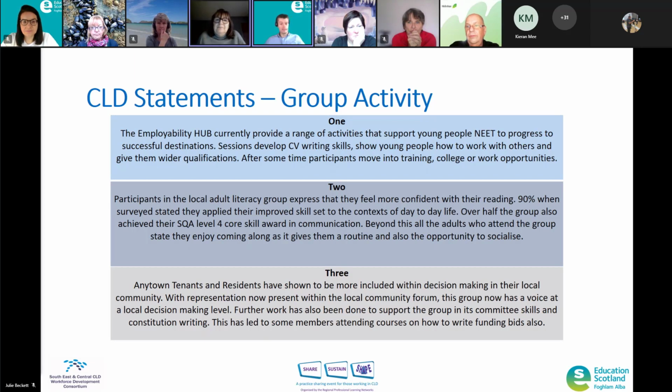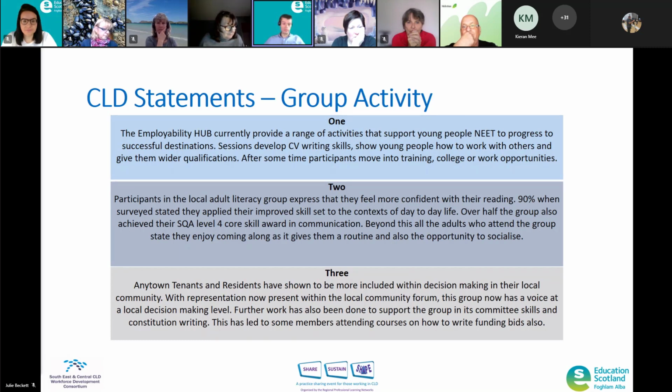Well, they moved into opportunities. So obviously the CVs that they've written have led to jobs. And the sustained element kind of highlights, well, how could you measure that, improve that? Well, we did a follow-up call like 6 weeks, 8 weeks later to these young people. Were they still in that getting ready for work program?